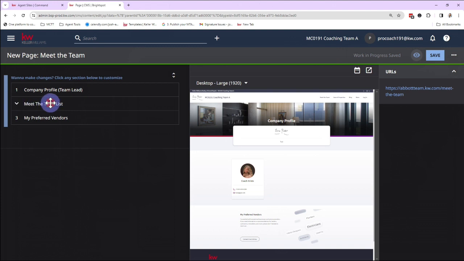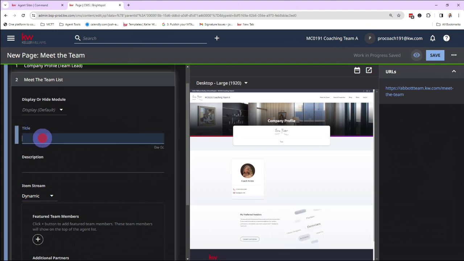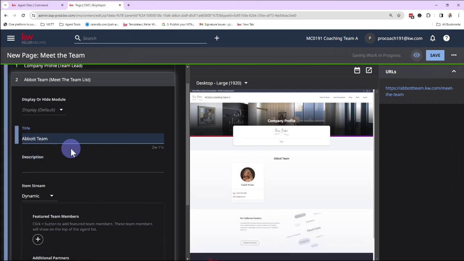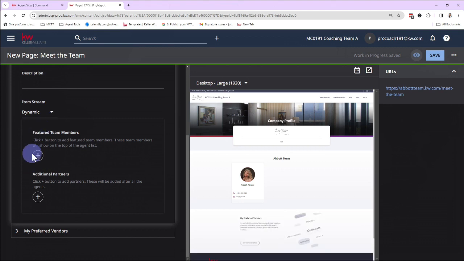And right after that, we have the Meet the Team list, and this is where you can have all of your team members show up. So I'll title this maybe the Abbott team or something along those lines. If I want to put a description, I can. I don't need to. And then we have this item stream section,